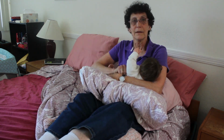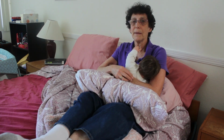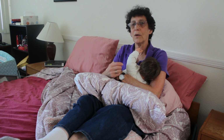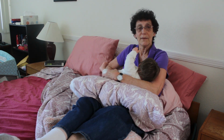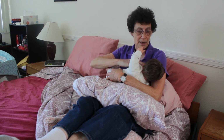So, once you get into bed, and you may have some times where your hand may go into awkward positioning, the key is that you're not holding that hand in awkward positioning all the time, especially while you're breastfeeding your baby. So once you have the baby in position, and it's very important to have that extra pillow, so the baby's at the height